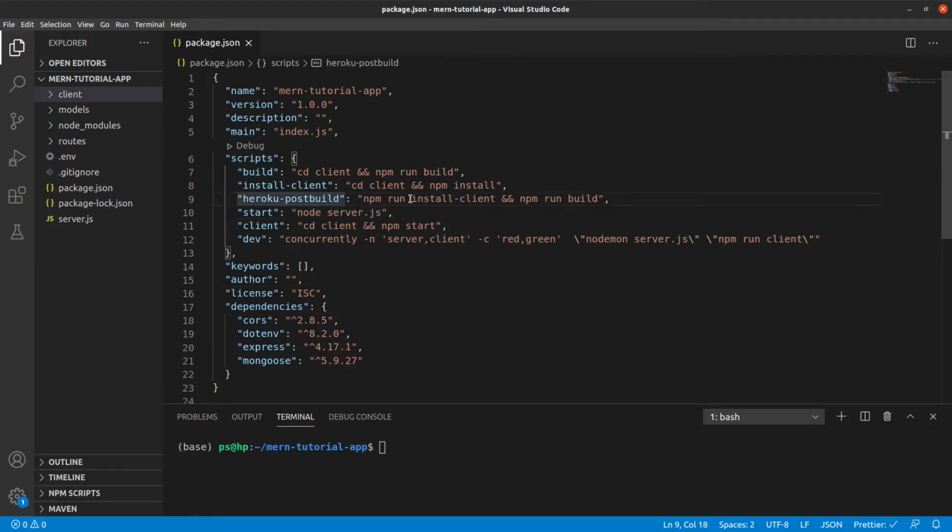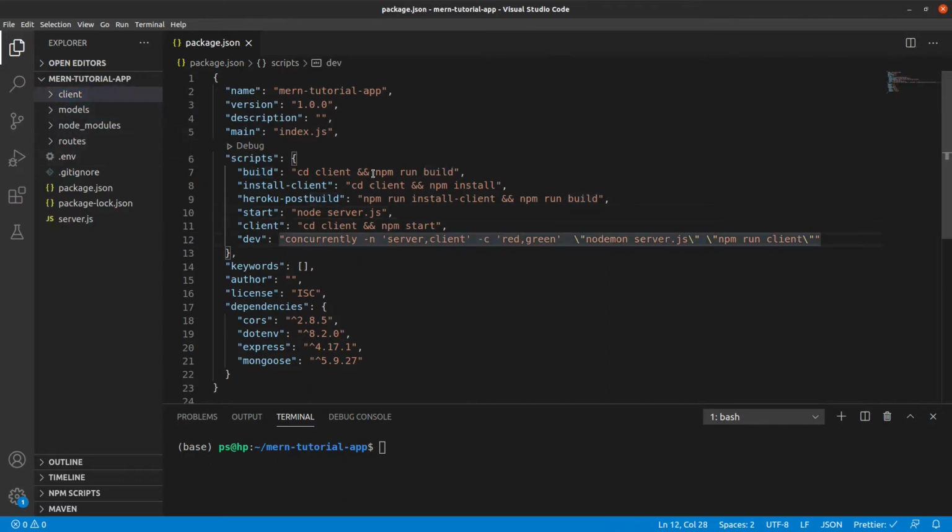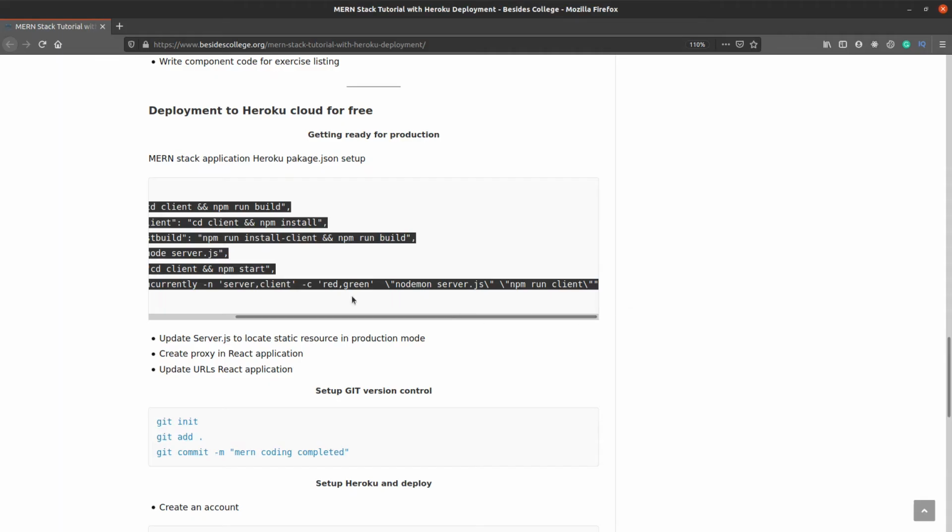So for that, what we do is we run an npm install on the client folder, which is part of Heroku's first command that we are providing, and then later we do a build. Okay, so basically build is going to actually generate that process, create a build folder inside the client folder, and copy all the minified version, or the optimized version, of all the resources. Okay, so all right, I think we have understood what this command does, and let's go to the next step.